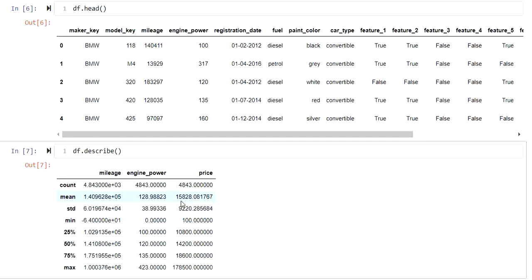Why so? The difference between the 75th percentile and the average value is not much. It's barely 3,000. But the difference between the average and the maximum value is way more than double. So it's quite possible that the point we see here as the maximum price, 1,78,500, could be a data issue, a human error, some sort of error, or an outlier.